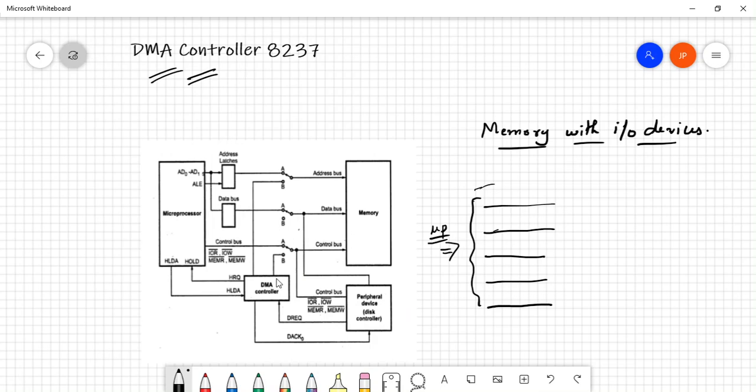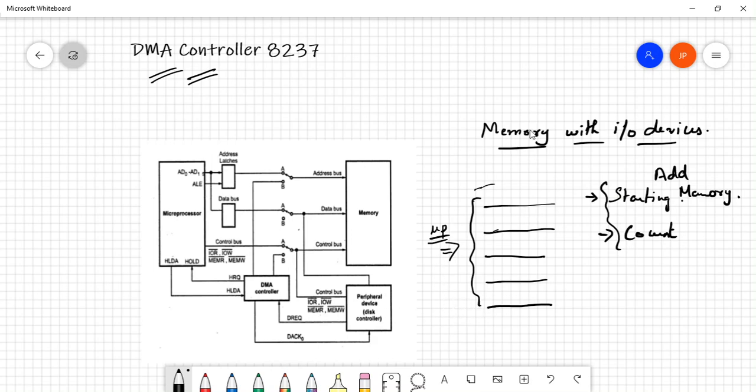In the DMA controller you can actually initialize the starting address of the memory location from where you want to send the data, and you can initialize the count, meaning the number of bytes you need to transfer, the number of bytes you have to transfer to the printer or USB or any of the devices.